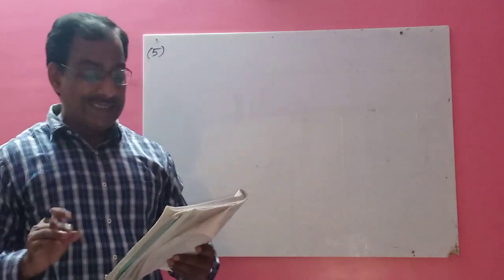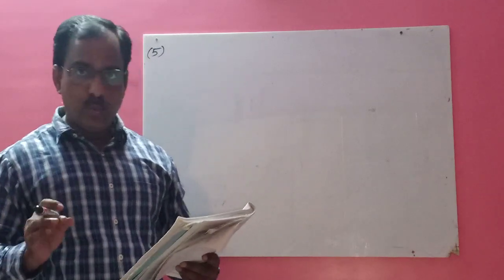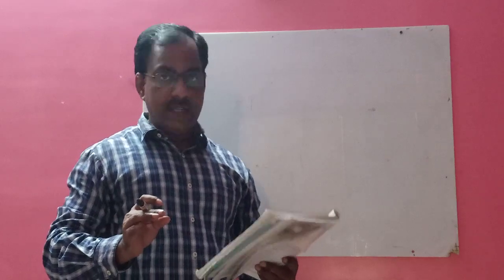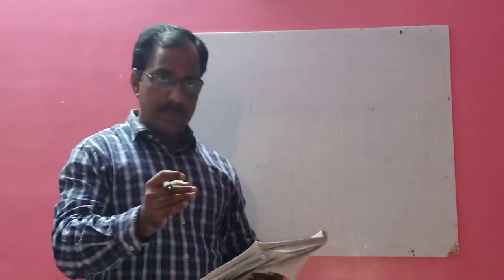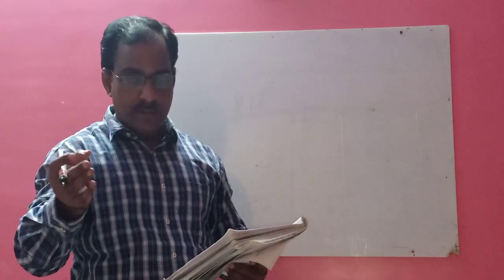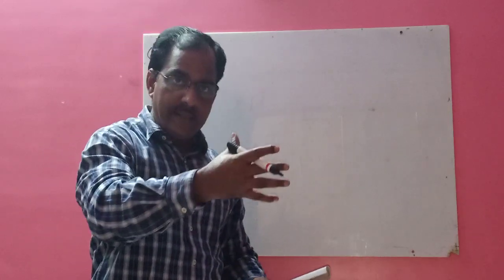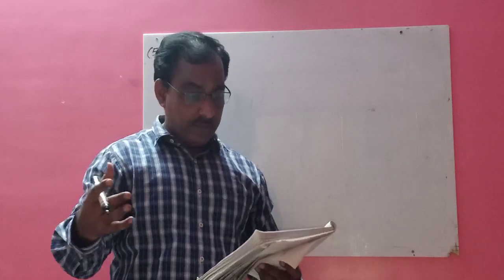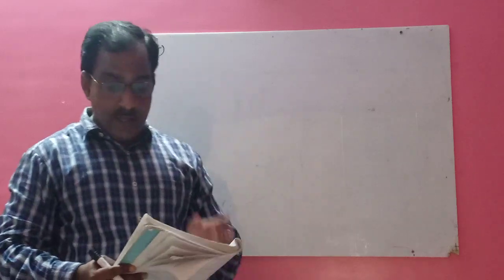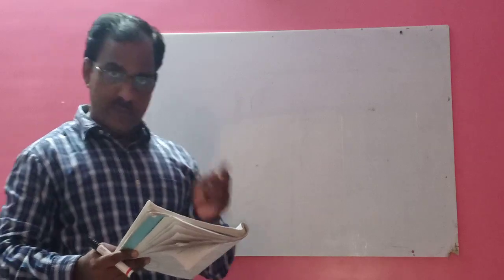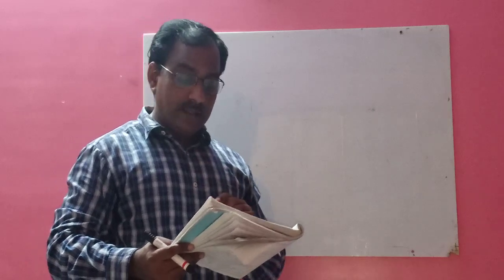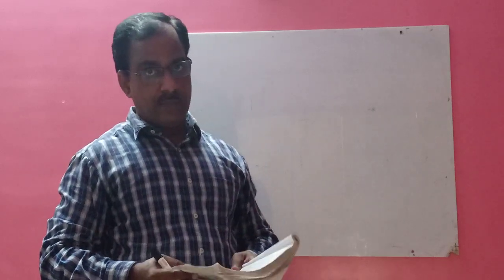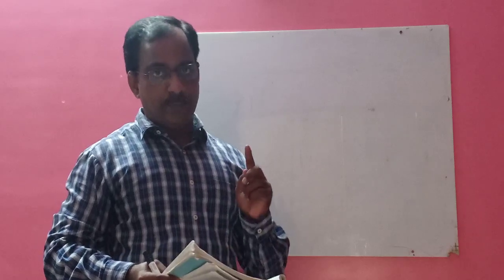Areas of two similar triangles are 225 and 81 square centimeter. Means there are two triangles, both the triangles are similar, the areas are given 225 and 81. 225 means it should be a bigger triangle than the second one, which has area 81. If a side of smaller triangle is given 12, find the corresponding side of bigger triangle. We required here the corresponding side of the bigger triangle.